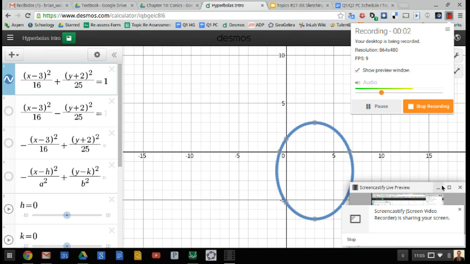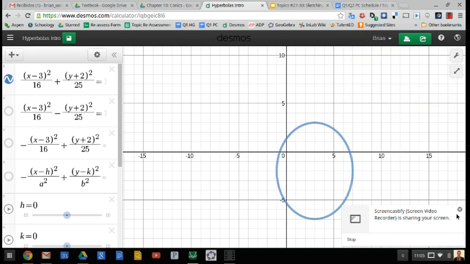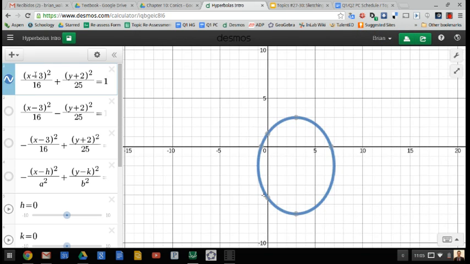We're going to talk a little bit about hyperbolas here. And so I've started here with an ellipse. Let's hide this so you don't have to look at that. I've started here with an ellipse, and you can see that the equation here is shifted over to the right